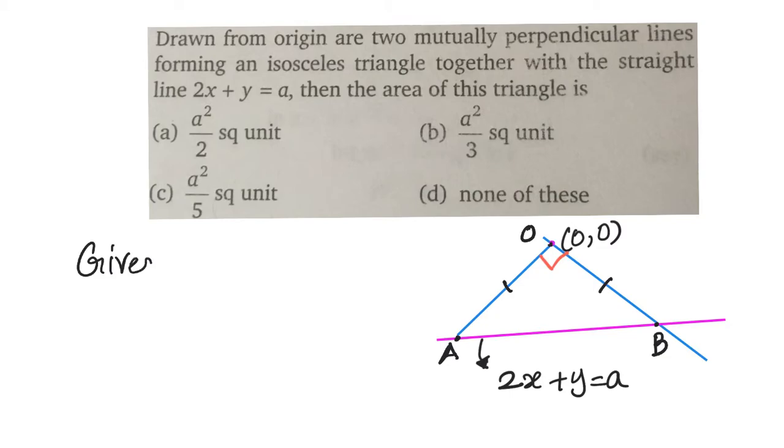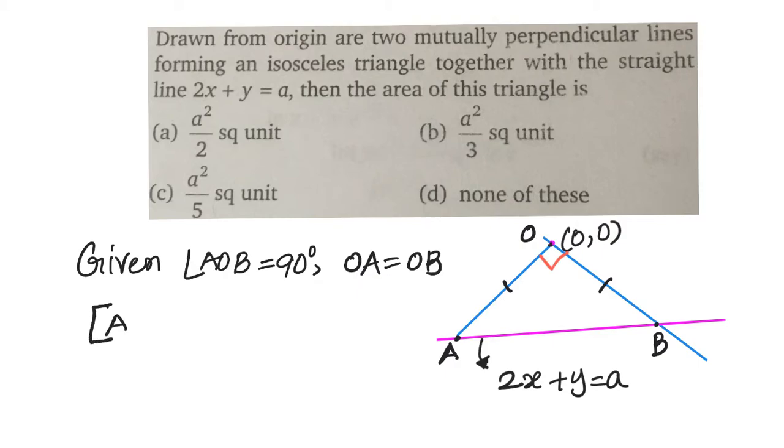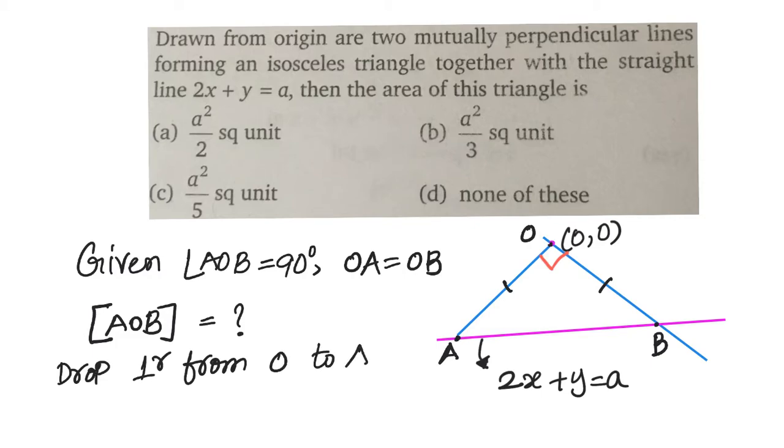So let us write down what we understood. We have been given that angle AOB is 90 degrees. We also know OA equals OB. So let us try to drop a perpendicular from O onto AB and see what happens. If we drop a perpendicular from O onto AB, then we can easily find that perpendicular distance because we have the formula. Now how that will help us to solve this problem, let's understand. So from O, drop a perpendicular to AB, then